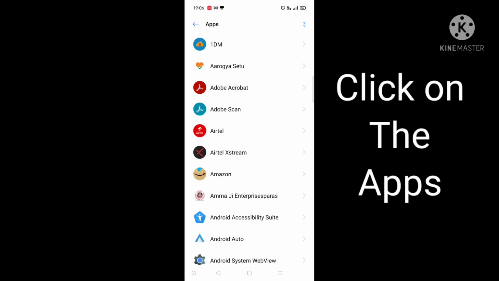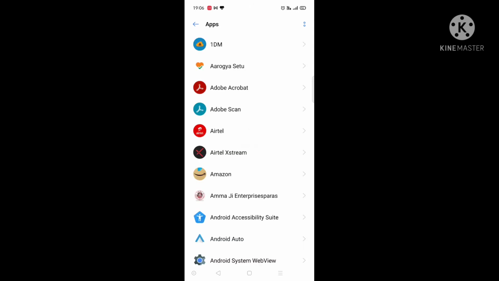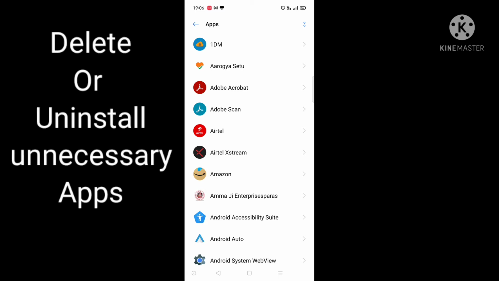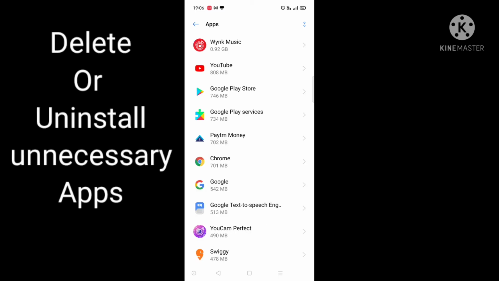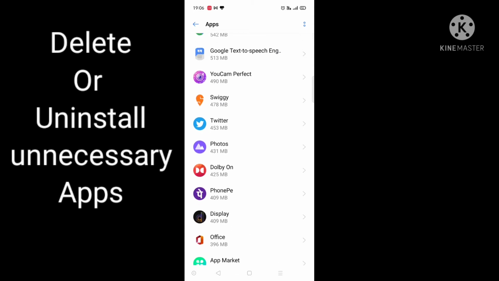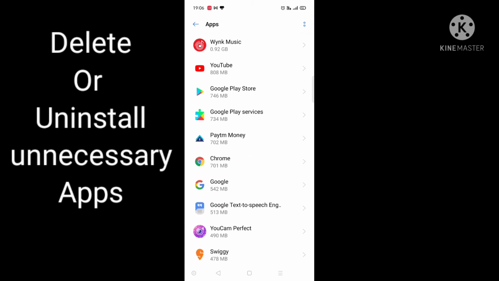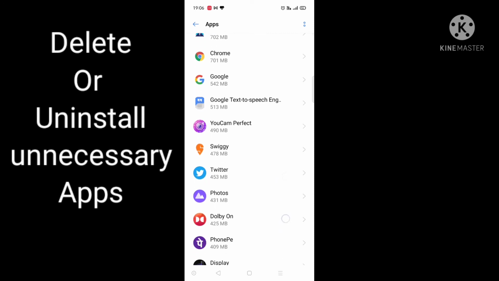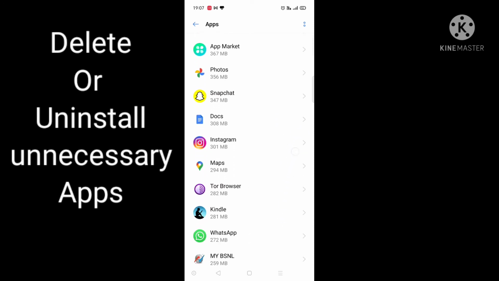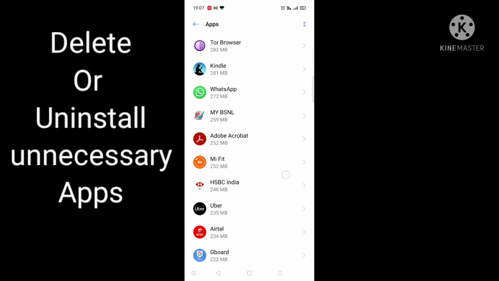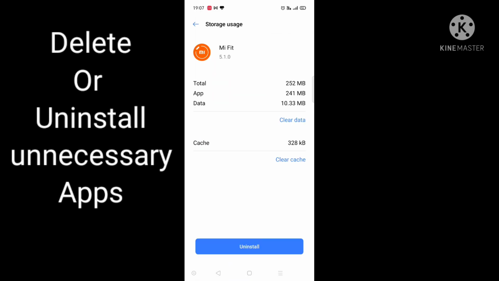So first of all, delete or uninstall the apps that you are not using currently. I'm not using most of the apps, so I will delete them first. So let's delete them. Like whatever I'm not using currently, like MiFit is taking 252 MB, but I'm not using it now.